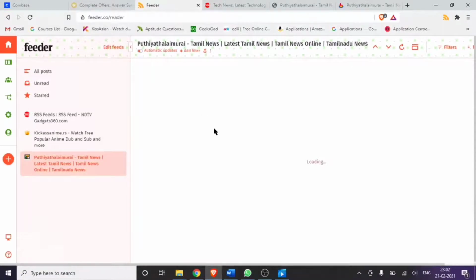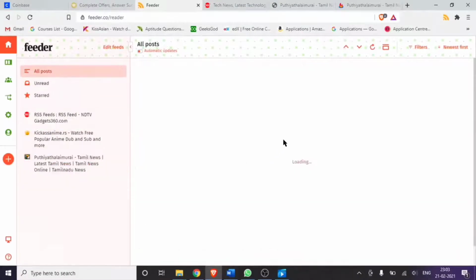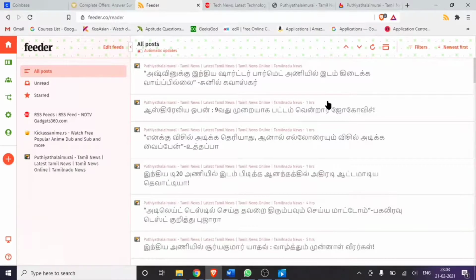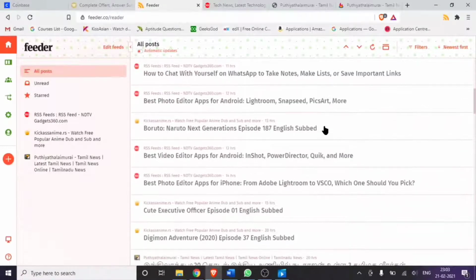Once added, we can just go and see. We have news from Puthiya Thalaimurai also. It's time friendly. Instead of going to each and every website and scrolling back, we can add them all. If I logged in 2 hours before, I can see the recent news. Most of the recent news are from Puthiya Thalaimurai and later the other sites.